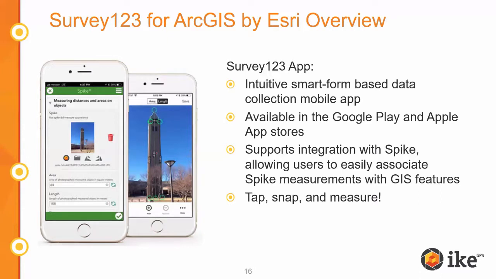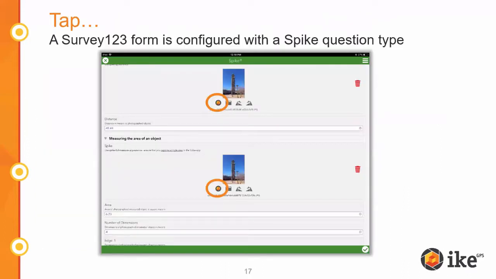Or we always wanted to inspect our roads and bridges in a different way. We never really had a way to do that until we could enable our maintenance workers to go out and collect data. That's what's so cool about working with Survey123. Much like Spike, it's designed to make field data collection easier, and in my opinion, Survey123 does a really good job with that. So with that,